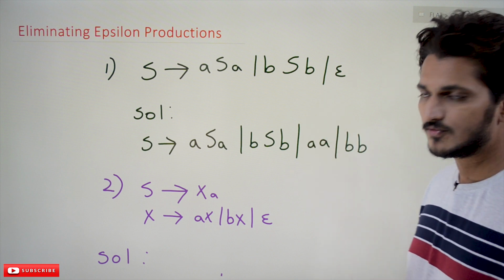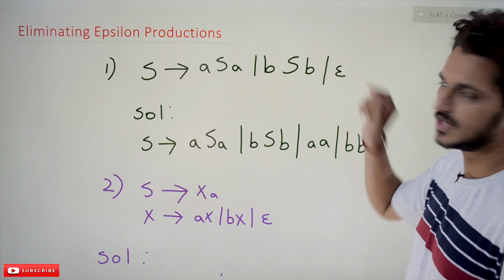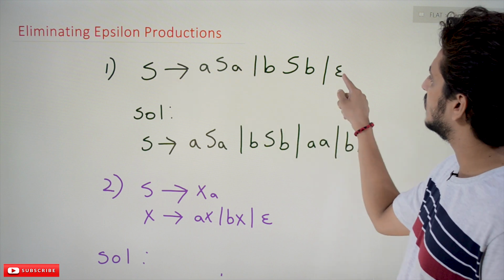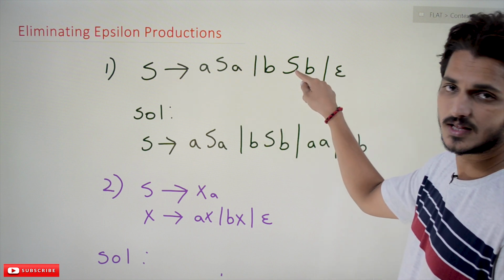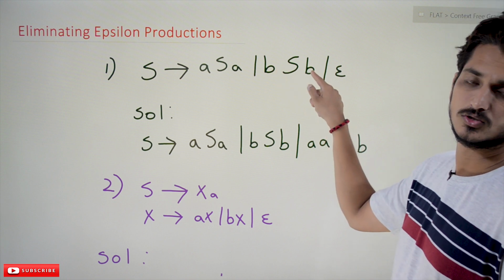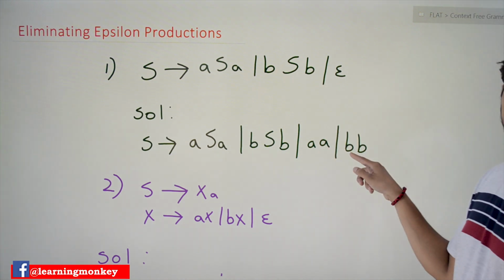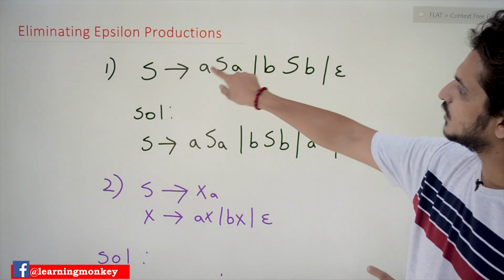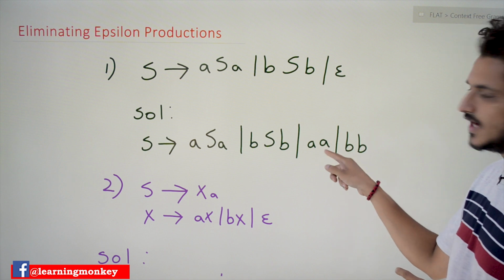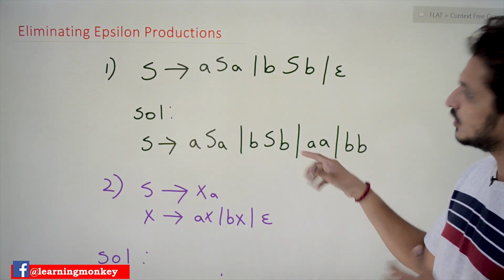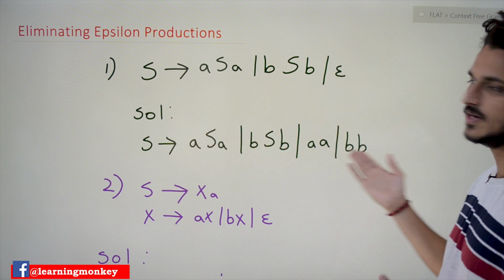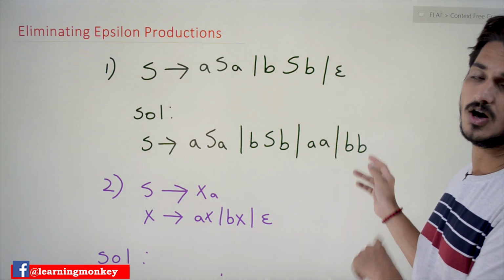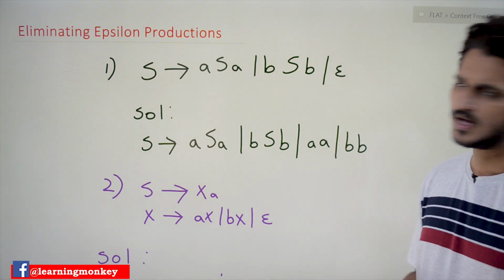If you want to eliminate epsilon from the grammar, we have to substitute epsilon wherever it's possible. S is taking epsilon, so substitute epsilon here. It is going to be BB, so we add a new production BB to S. Same way, epsilon is substituted here, and we will get AA. That's why a new production AA is added to S. So we can eliminate epsilon and write the remaining productions as they are. S tends to ASA, S tends to BSB or AA or BB. This is how we eliminate epsilon from the given grammar.